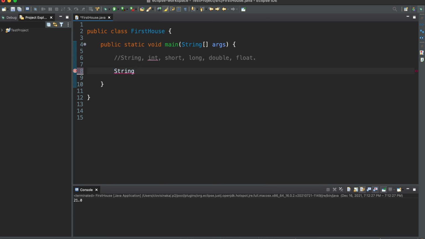We can say String word equal "hello", and we have a double decimal equal 4.5, and we have an int roll number equal 1. We have a boolean